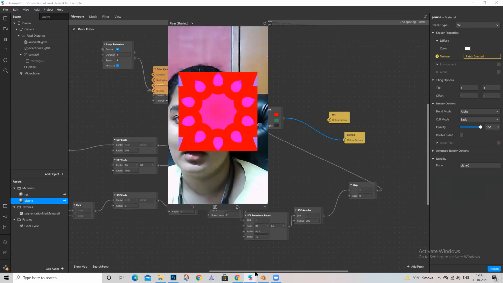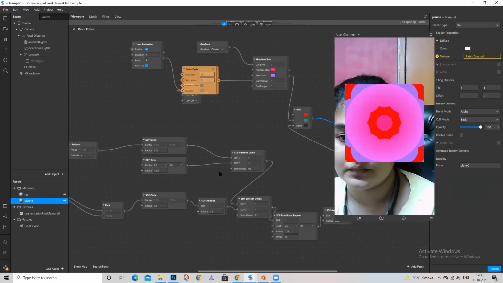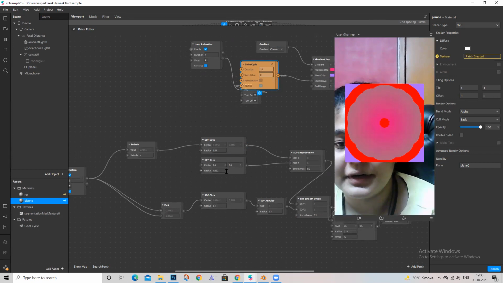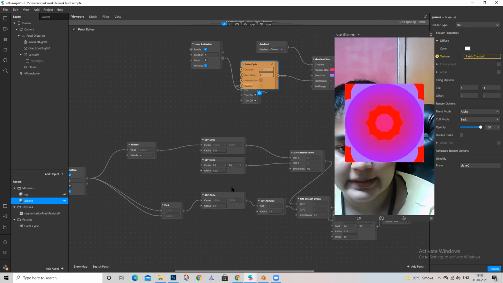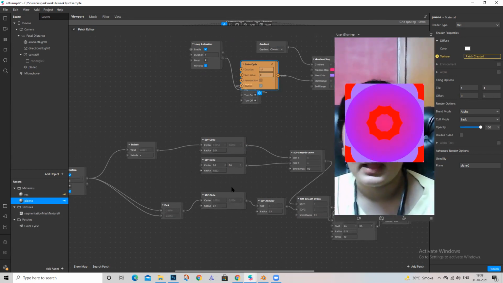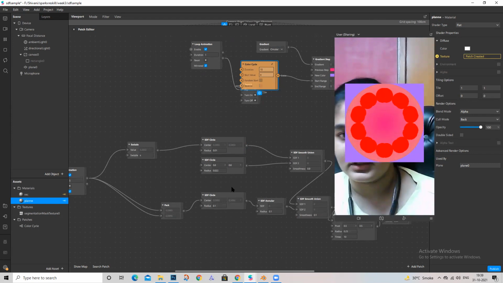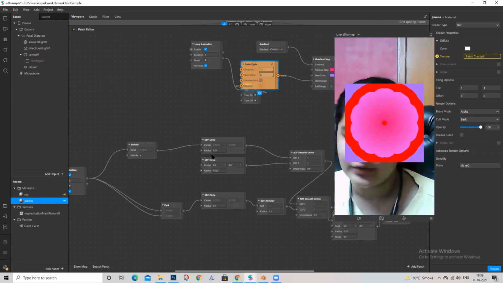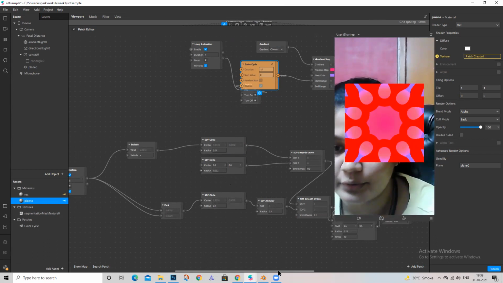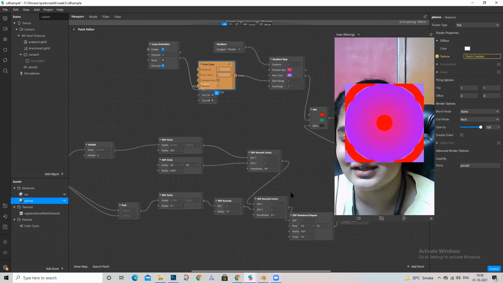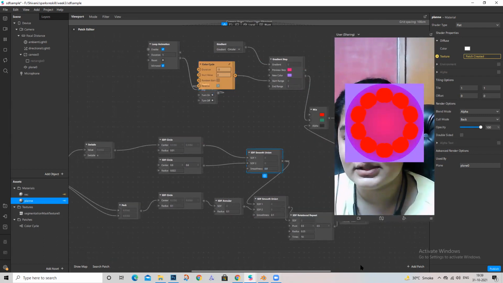So I took 3 SDF circles of different radius. मैंने सब में radius or centers are something जो मैंने सब में अलग रखे. And you can experiment in this. You can like put n number of whichever value you like. That's something up to you that you can do. And what I did is I used SDF Smooth Union.